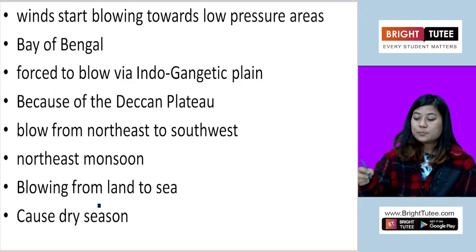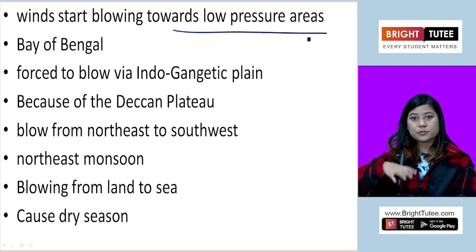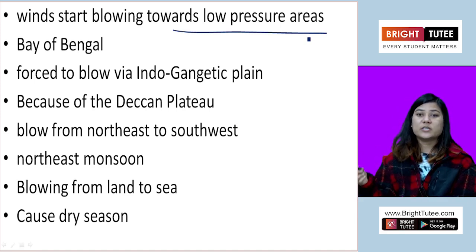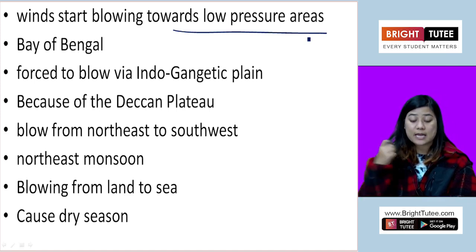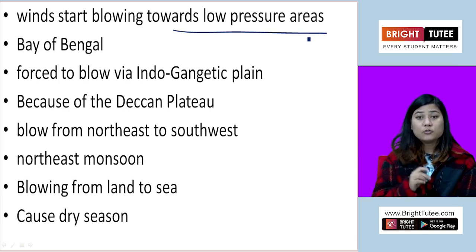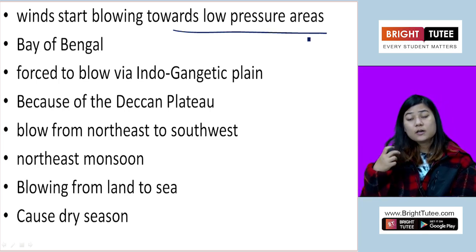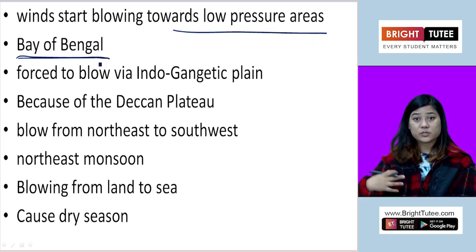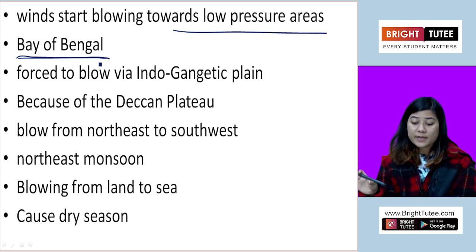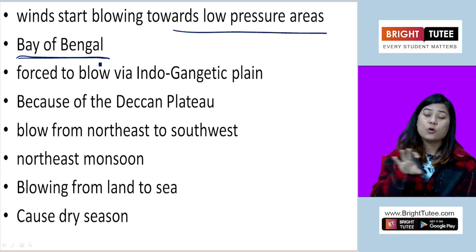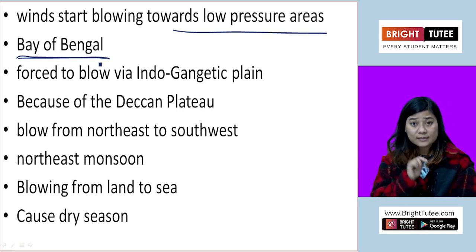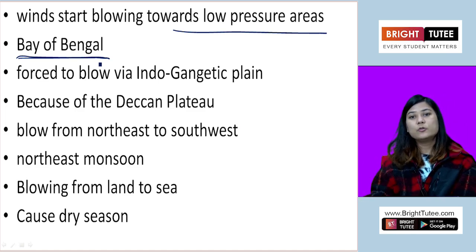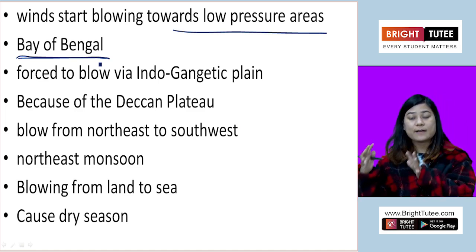So the wind starts blowing from the water bodies towards the low pressure areas. The water bodies are the Indian Ocean, Arabian Sea and Bay of Bengal. So during the winter, the wind starts to blow from Bay of Bengal, one of the water bodies in the east. So from Bay of Bengal, the wind starts to blow towards the land. Now the wind could blow directly, right? We have seen